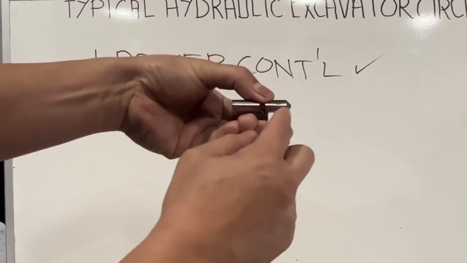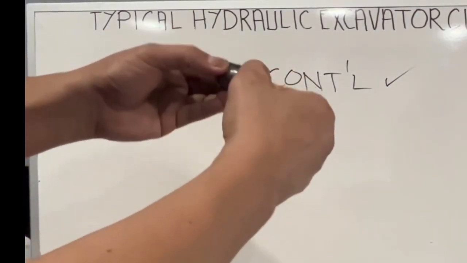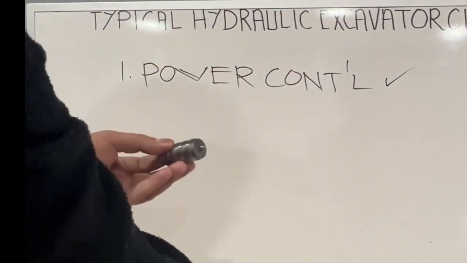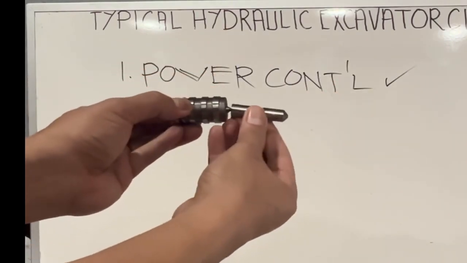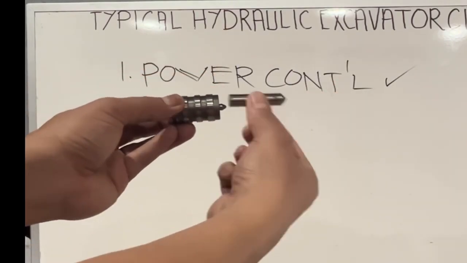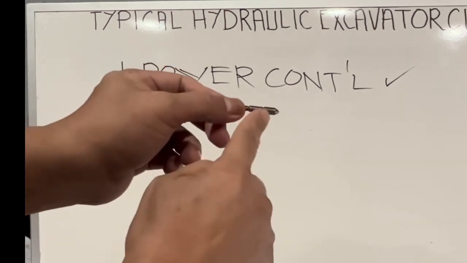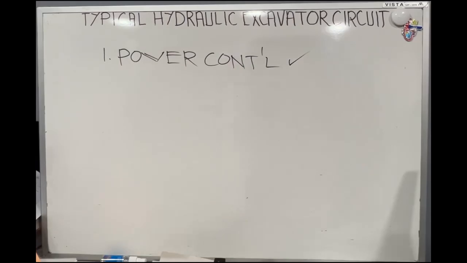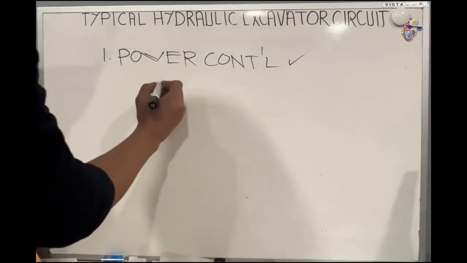So this spool here is shifted or moved by the power piston. So the power piston is this one. Okay, so this is the communicating spool and this is the power piston. This is the power piston. Okay, so this power lever here, so if we draw that,